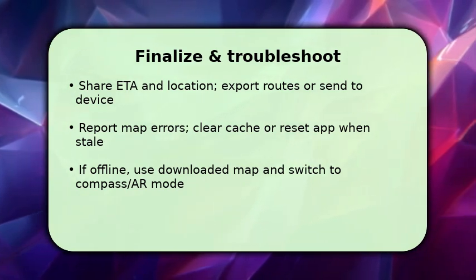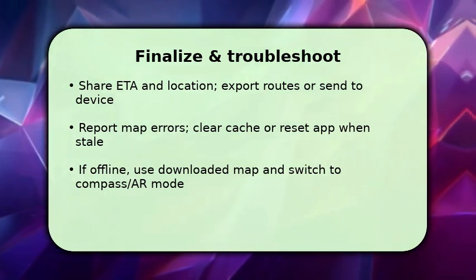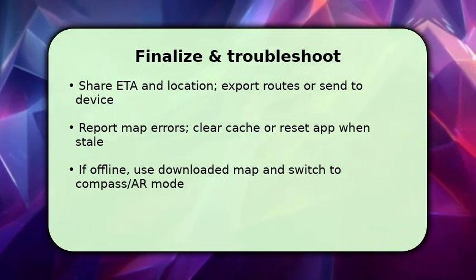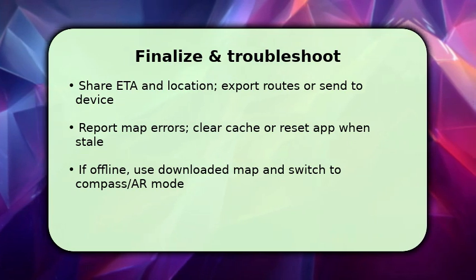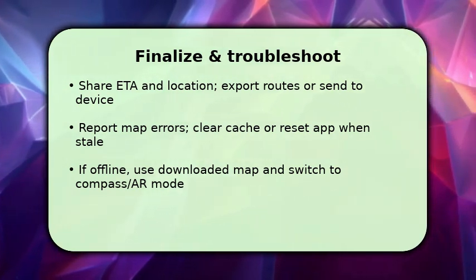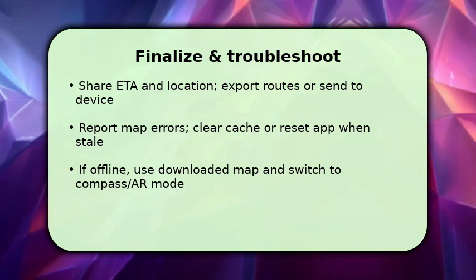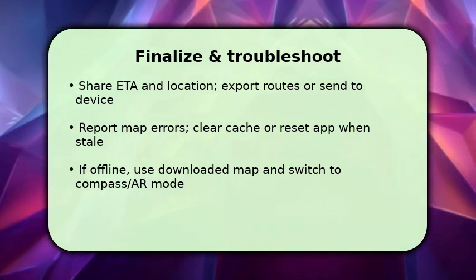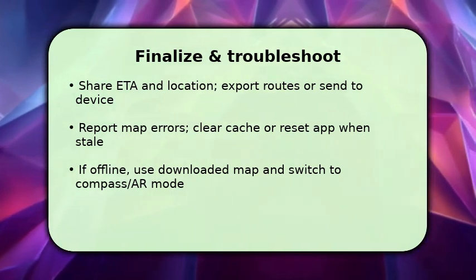If map data looks wrong, report the error and try clearing cache or reinstalling the app. That fixes stale tiles and sign changes. When offline, rely on downloaded maps and switch to Compass or Live View for orientation. If navigation still fails, toggle location and Wi-Fi briefly. This forces a fresh GPS fix and usually